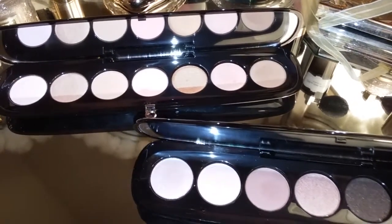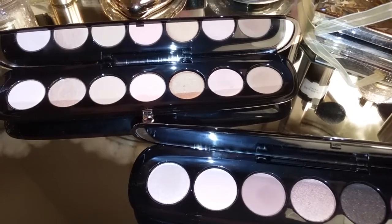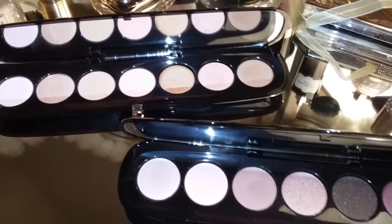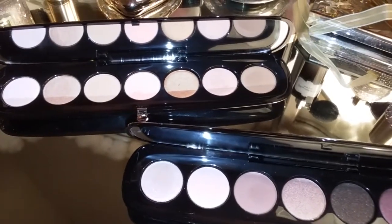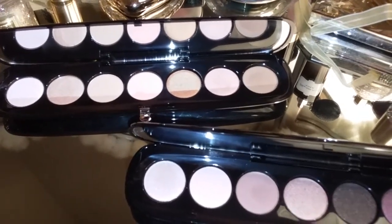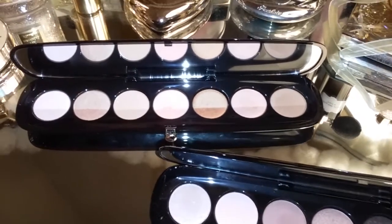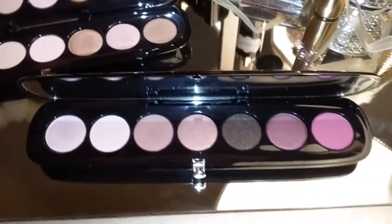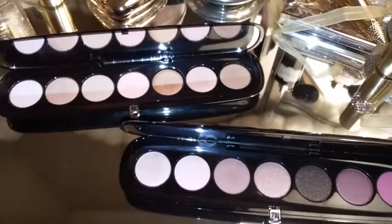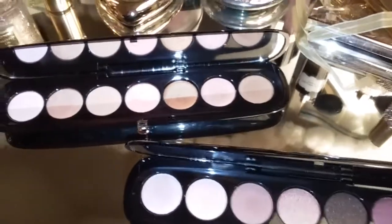But so far, they look very similar to me as far as the performance on the eyes and the pigmentation. Everything's pretty similar, down to the packaging. I'm not quite sure what they were trying to improve, because the older palettes make me just as happy as the newer ones. Now the newer ones have some really gorgeous colors in them, but it's almost like I just bought another one of their palettes, instead of a reformulated one. But anyway,